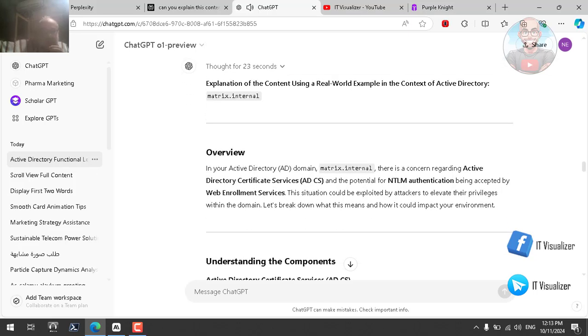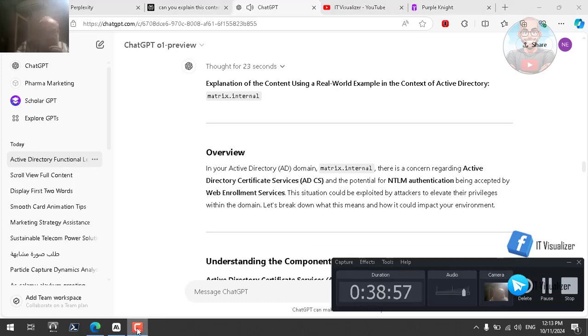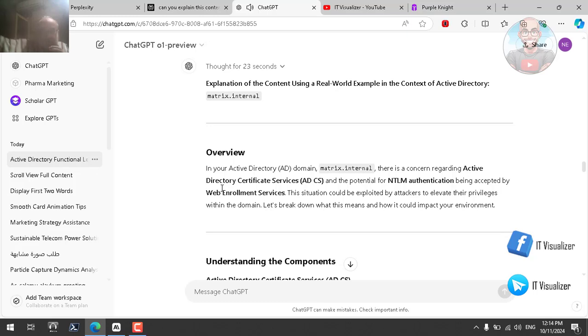Matrix.internal overview. In your Active Directory AD domain, matrix.internal, there is a concern regarding Active Directory Certificate Services, ADCS, and the potential for NTLM authentication being accepted by web enrollment services. This situation could be exploited by attackers to elevate their privileges within the domain. Let's break down